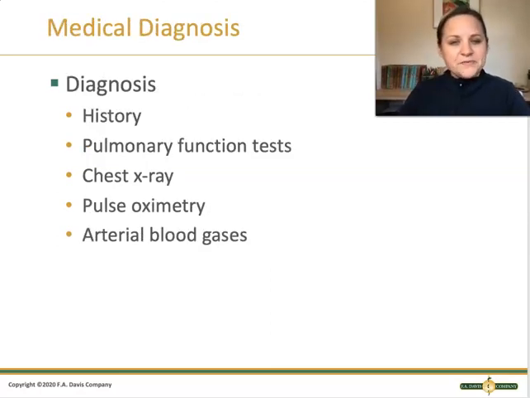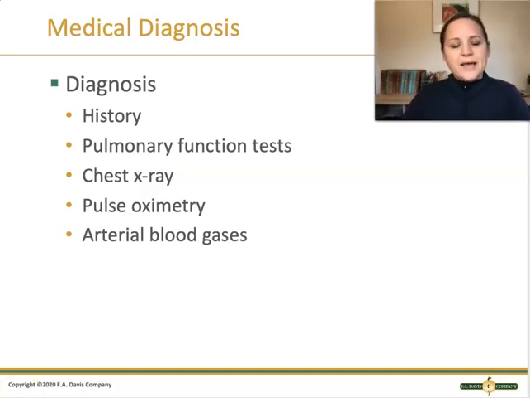So diagnosis for this is going to be based on the patient's own history and report of their own shortness of breath, what things trigger their shortness of breath, a chest x-ray, pulse oximetry. We should see a patient's pulse ox be lower when they're having an acute exacerbation of asthma. And then, of course, we can always check their arterial blood gas as well, looking for respiratory acidosis usually. And then we can perform pulmonary function tests.